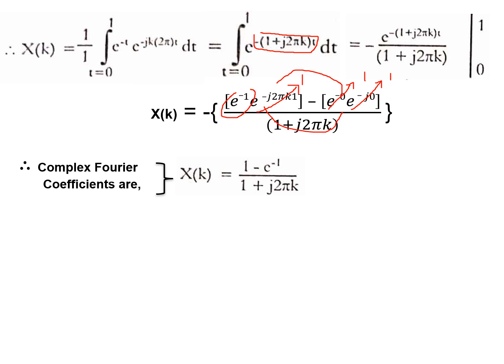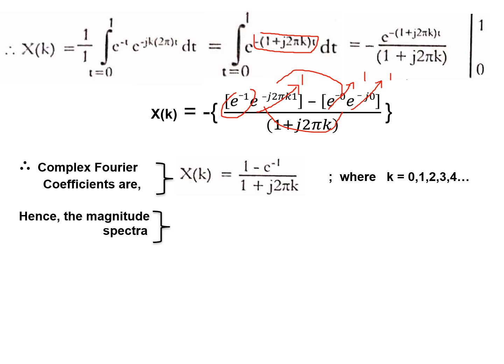You can see the numerator is a scalar, whereas the denominator is complex. Numerator is in real form; denominator is in complex form. Here k ranges from 0 to infinity. The formula we have defined for the complex coefficient of Fourier is for k equal to 0 to infinity, all integers up to infinity.